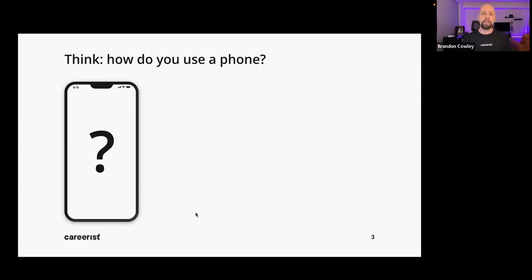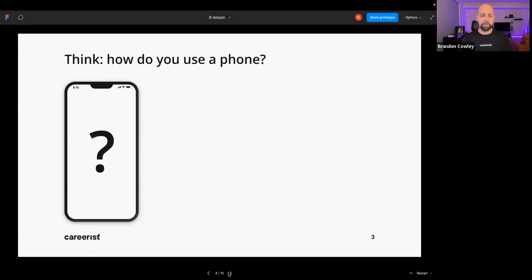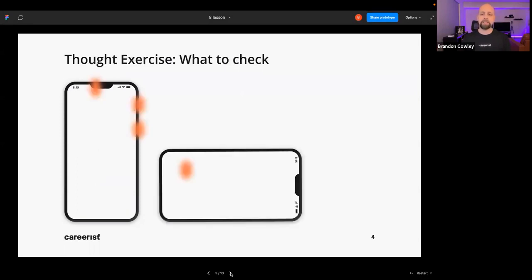So yeah, we're going to be talking about how to use a phone. The reason I bring up YouTube is I think everybody knows what YouTube is and how to use it. So over the next 5 minutes, I want you to give me some ideas of checks you would execute if you worked for Google, well, YouTube, and were responsible for QA testing the YouTube mobile app. What would you check?